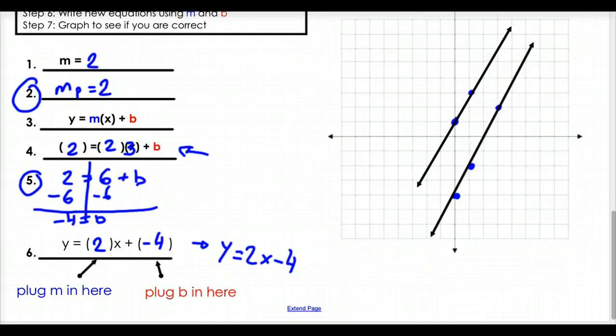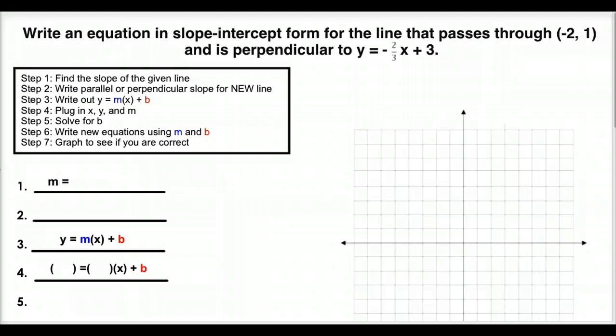And let's give this a name. Let's call it line L. Okay, line L is parallel to our original line. Beautiful. Question two. Write an equation in slope-intercept form of a line that passes through (-2, 1) and is perpendicular